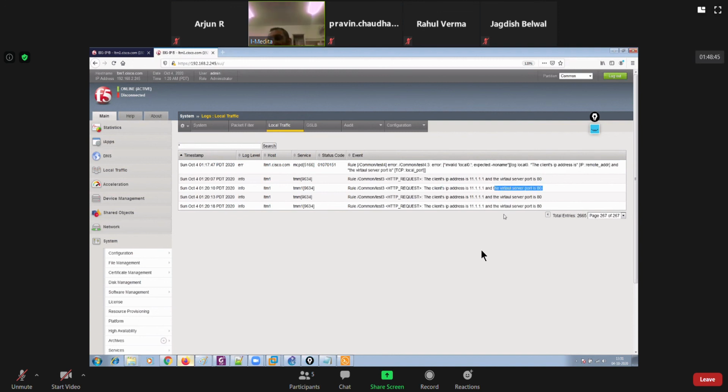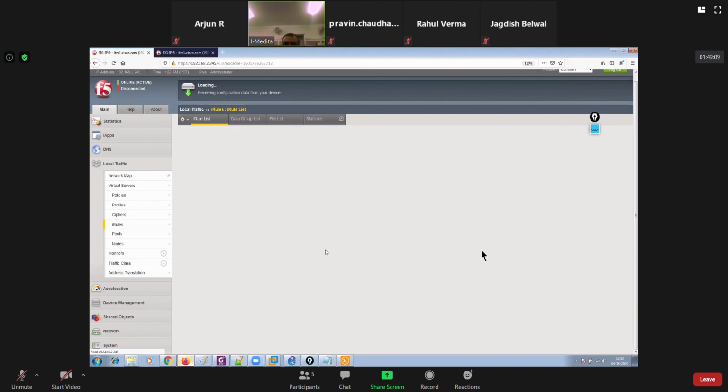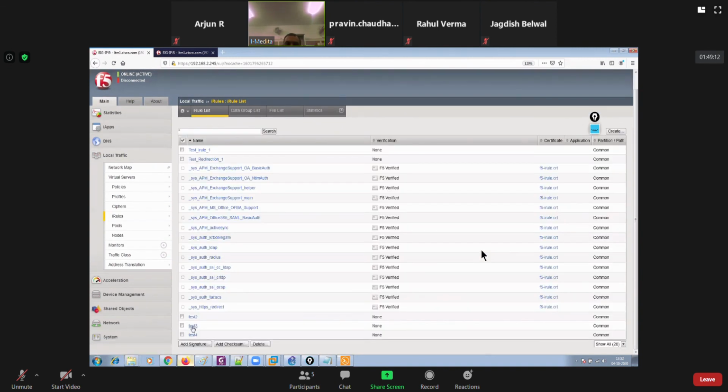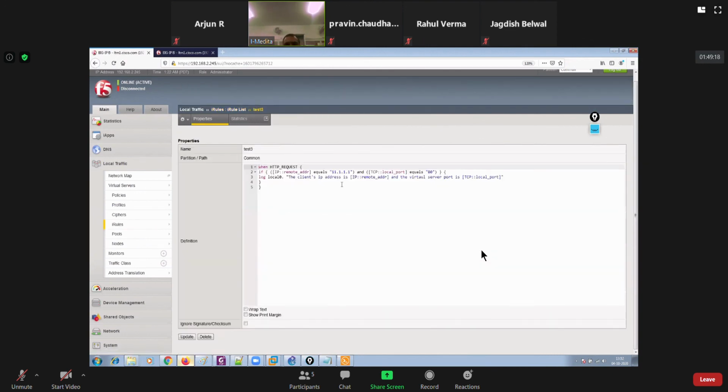So you could say something different as well, right? I mean, this is how you would approach creating iRules, right, guys? In fact, if you want to put multiple statements in a single iRule, that is also possible, right? Like, let's say you have test 3 statement, we could say log as well as pool, maybe web server pool.